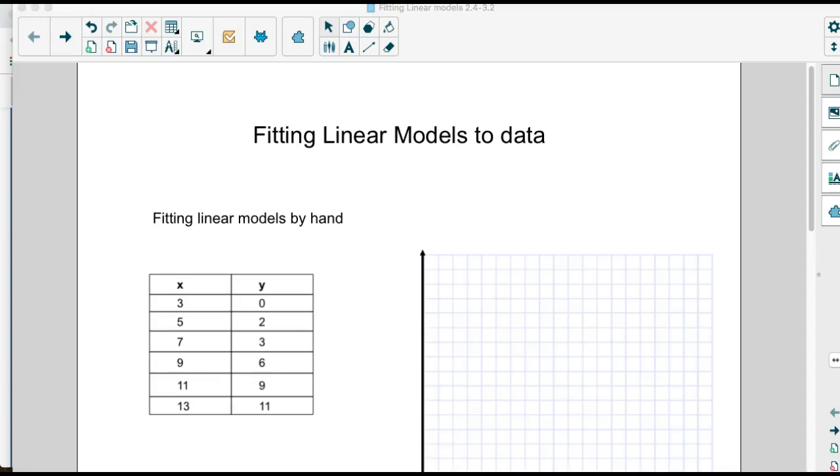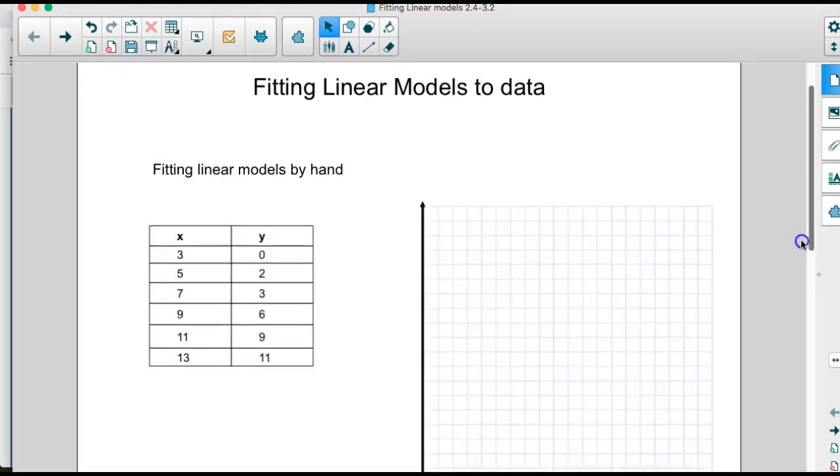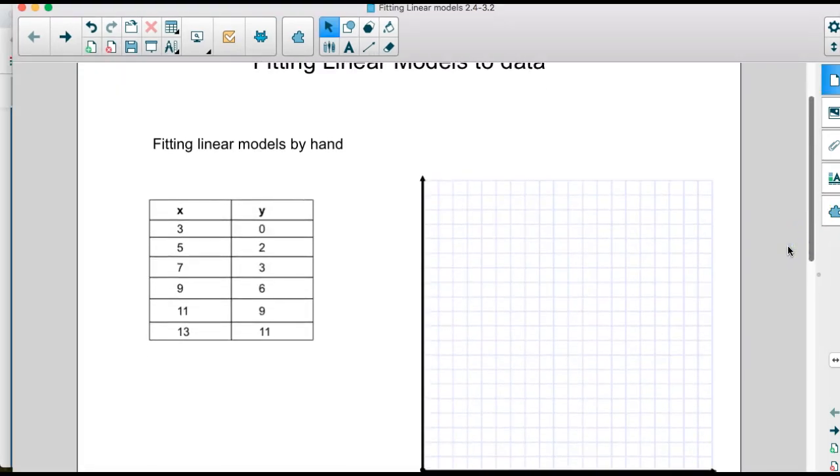Hello, and in this video we're going to be doing some linear models, fitting some data to a linear model and creating linear models from that data set. We're going to start off with doing this by hand. So we're going to be given a